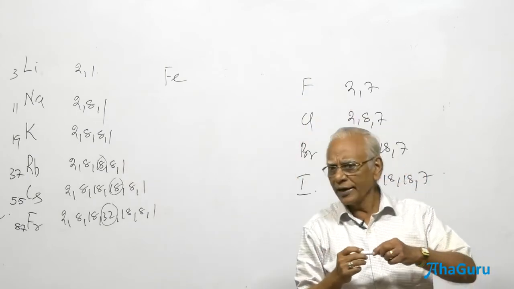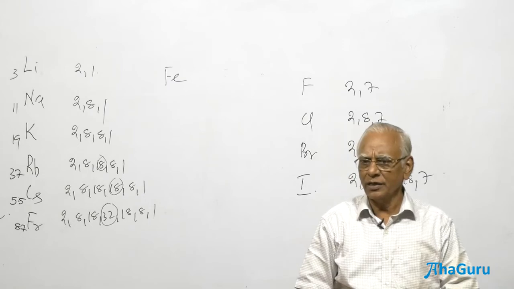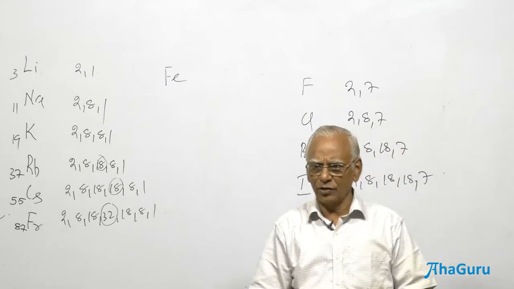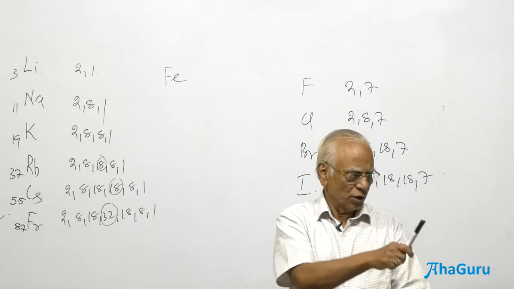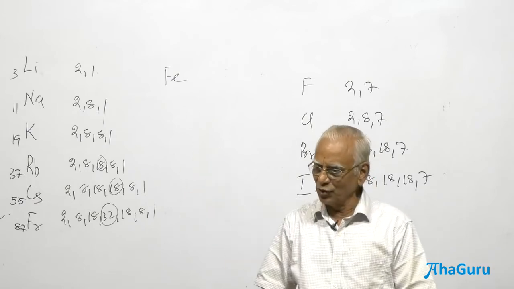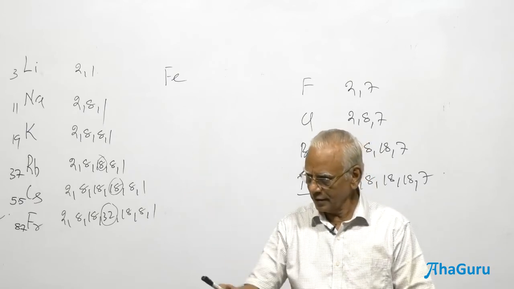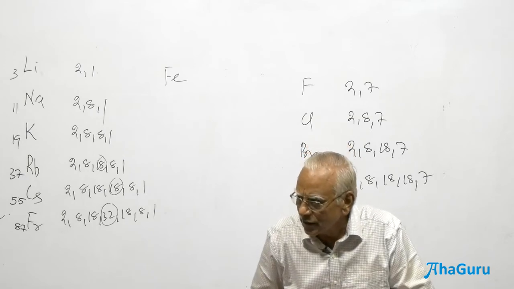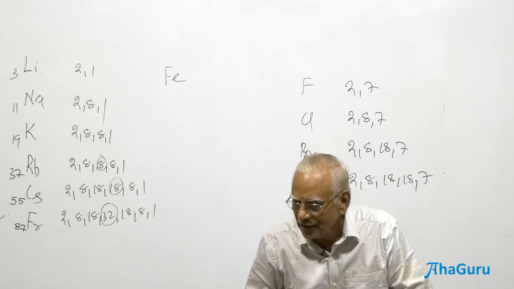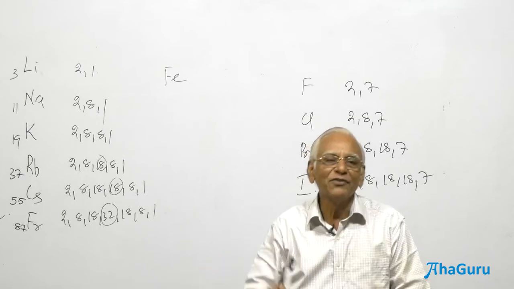Now you would have understood by now, isn't it? Given the atomic number, that was your question. How do I write the electronic configuration, shell structure? That is very important. Unless you know that, how do you identify whether it has got more than 4 or less than 4? Why do I want to find out more than 4 or less than 4? What is the context under which you want to write this? Check whether it is electronegative or electropositive.